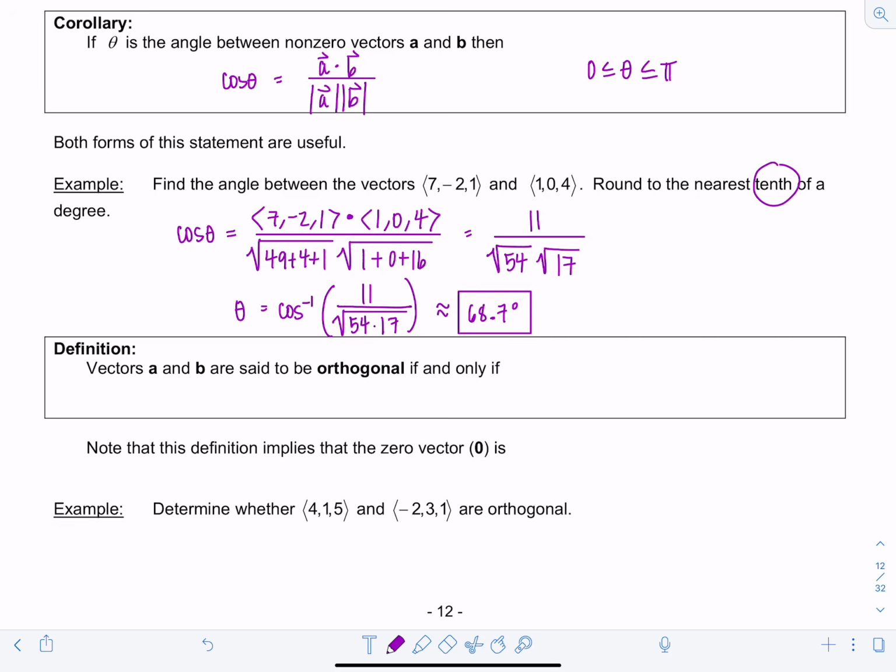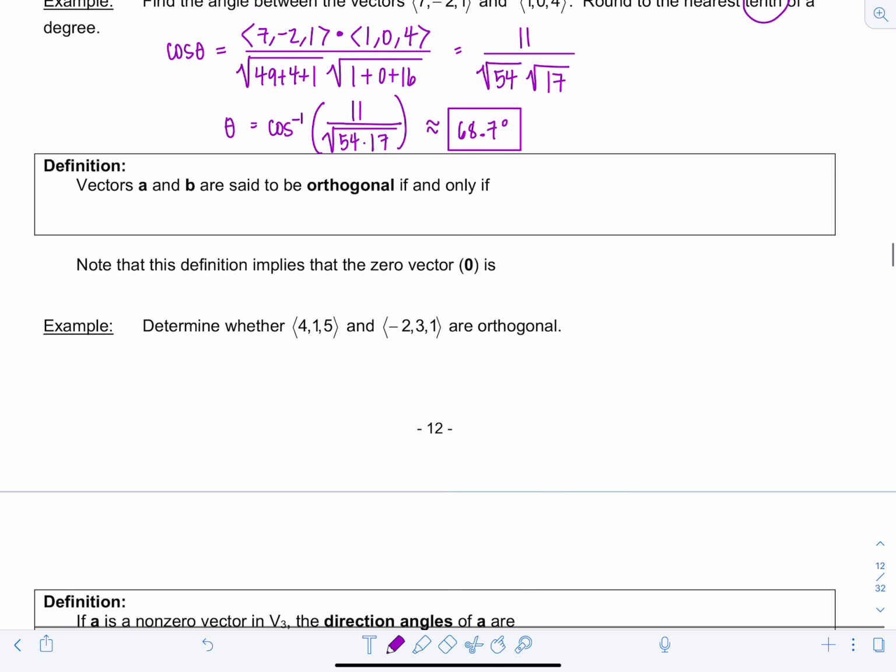Good. Now moving on, another useful definition, we say that vectors A and B are orthogonal if and only if A dotted with B is equal to 0. Okay? Orthogonal you can think of as perpendicular, but it has a lot more nuances in the definition. For example, the following. Note that this definition implies that the 0 vector is perpendicular to all vectors